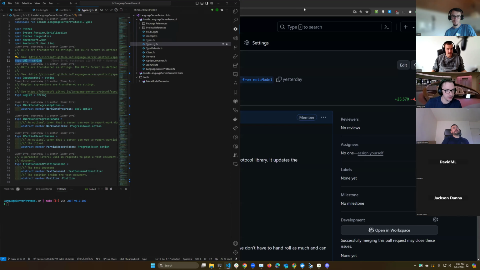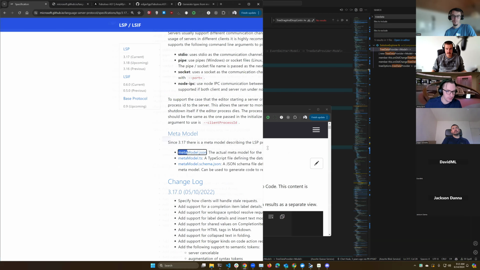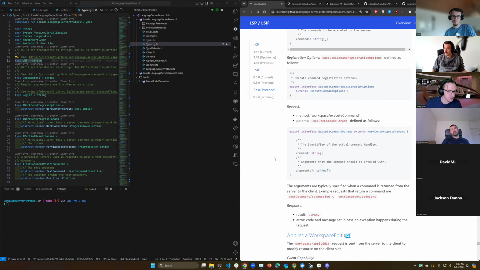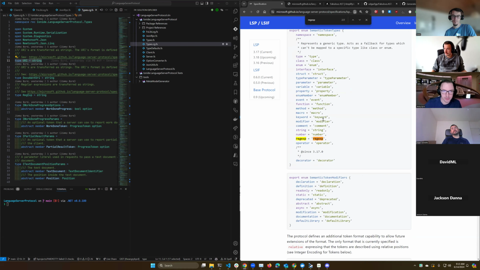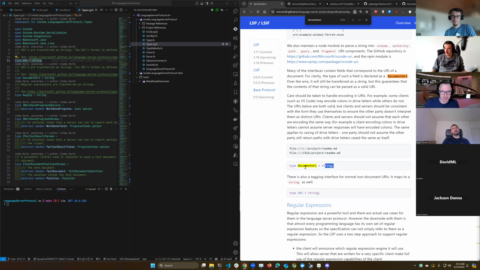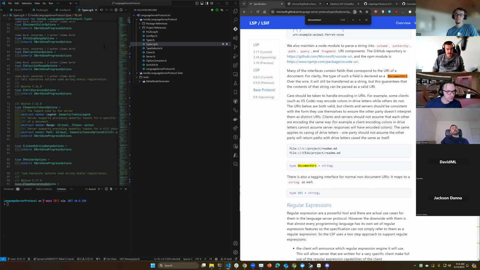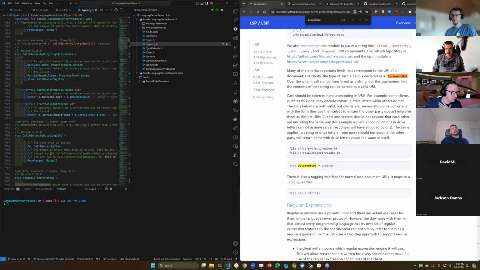So if we go back to the specification here, we can see Document URI. You can see that something like this, type document URI is equal to string. This is how they denote things in TypeScript. Same with this URI. You can see that these things exist in this space. There's a lot of interfaces that are generated. I'm not going to particularly look at these, but we'll go to something like